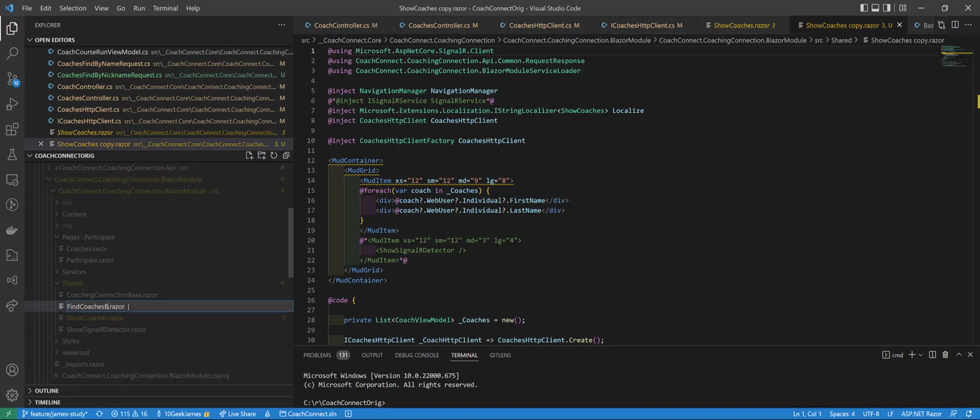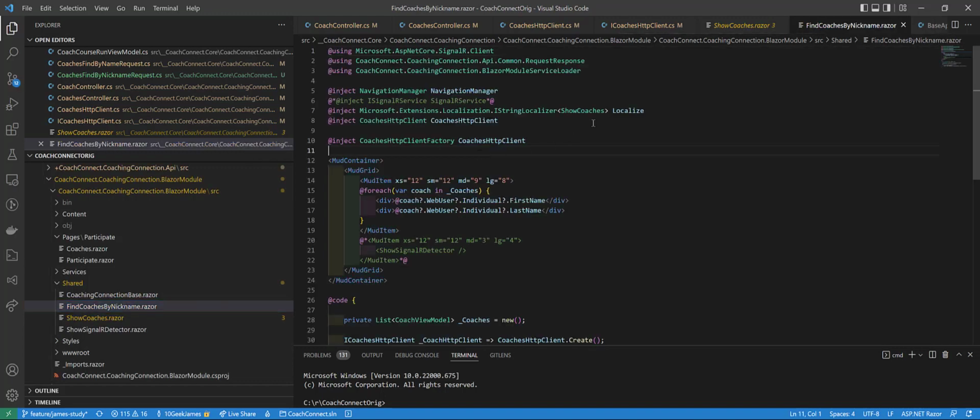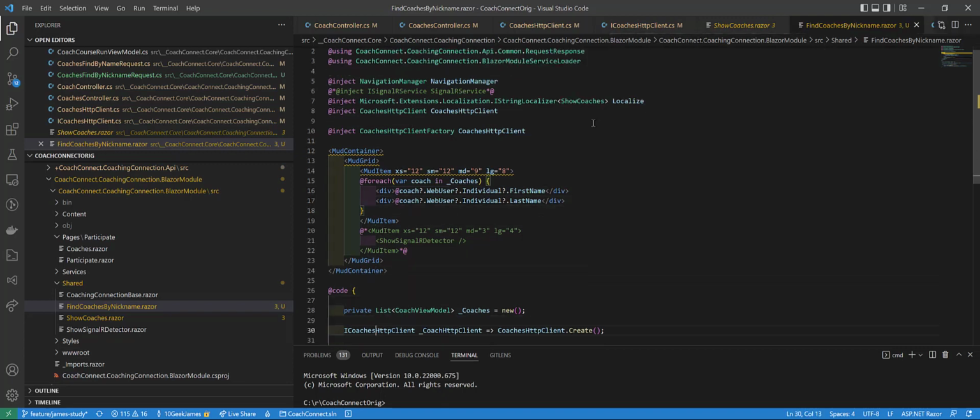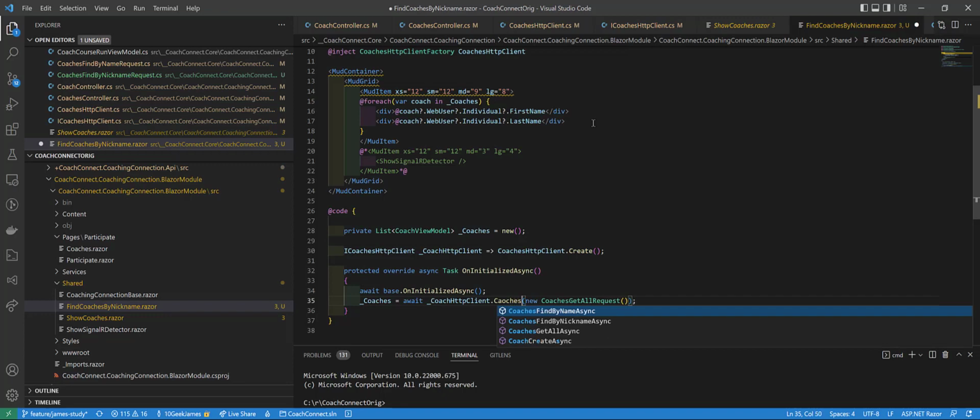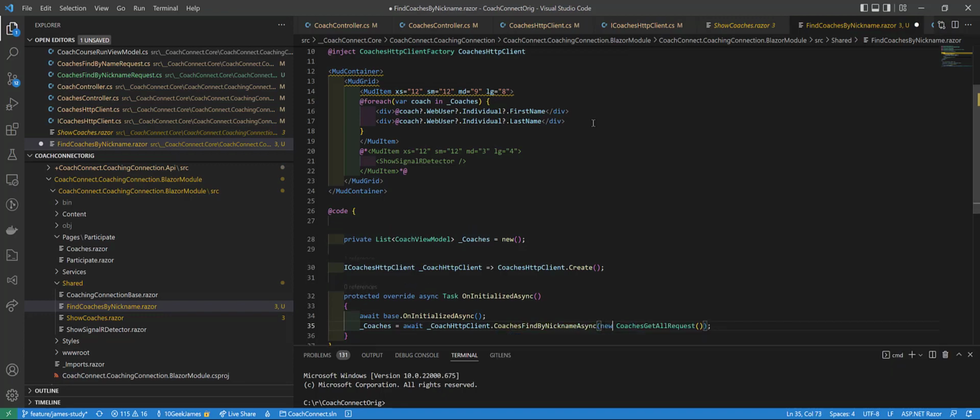Find coaches by nickname. I'm gonna come in here. Coaches of the coaches, and the first names and the last name, and we got a list of the coaches, and we wanted a coach's client, and we wanted to say coaches find by nickname new, coaches find by nickname request, which would like